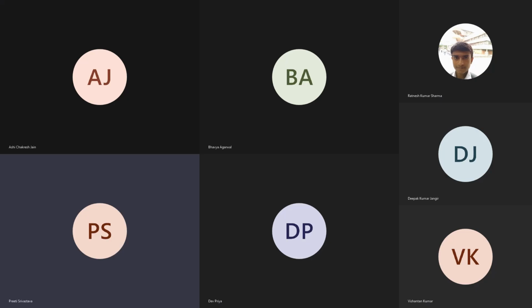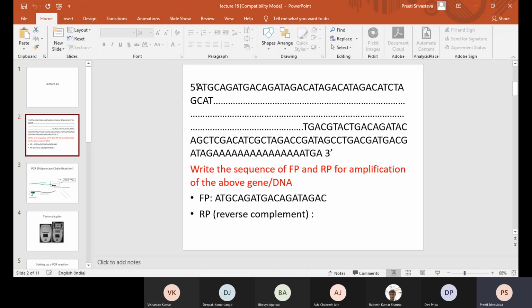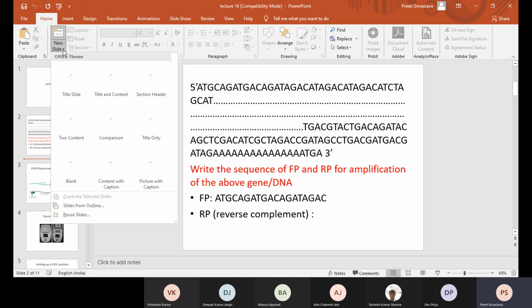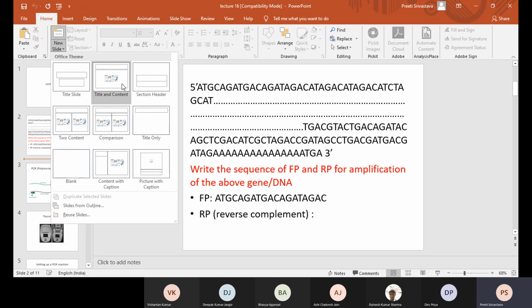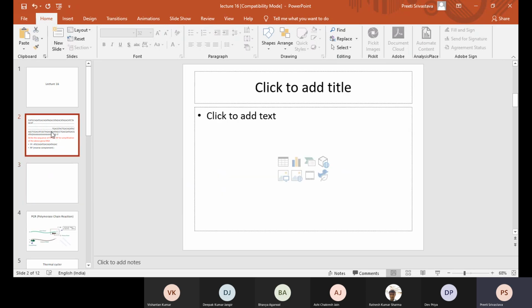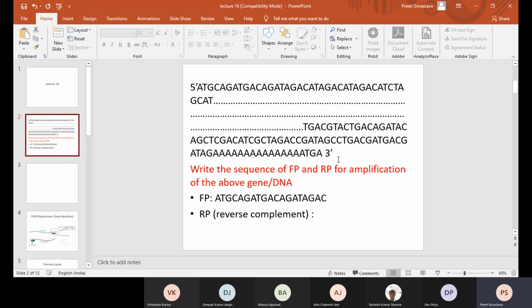Everybody understood what the forward primer is, and we were at the reverse primer. The reverse primer choice depends. If you are asked to amplify the gene, then the gene starts with an initiation codon, which is ATG, and it has to have a stop codon, which is usually TGA, TAG, or TAA. In this case, you cannot just skip the stretches of A's. You need to design a primer from the stop codon and from the initiation codon, for the simple reason that you need to amplify the gene.